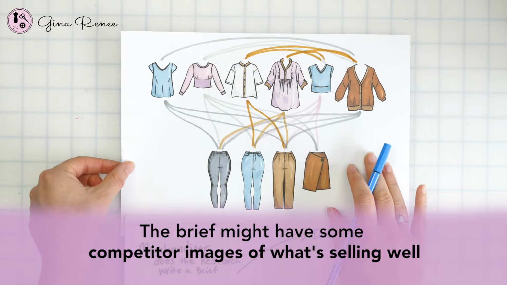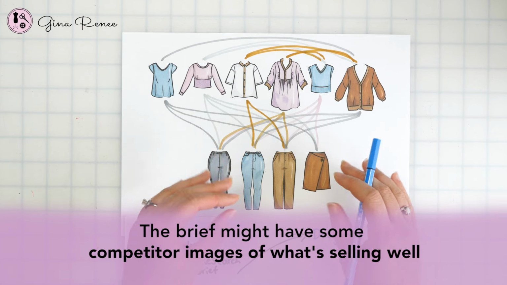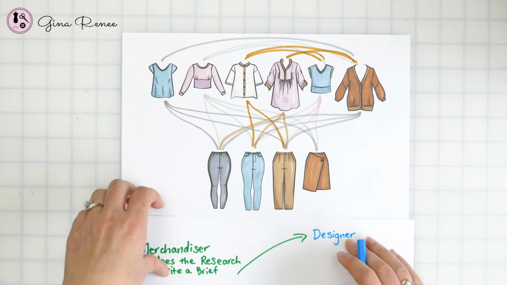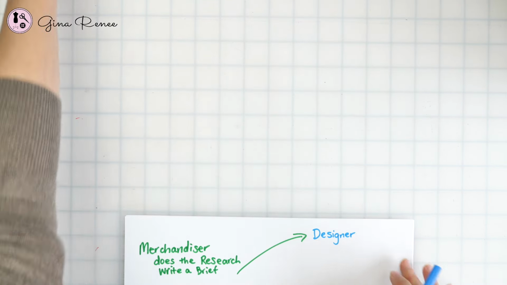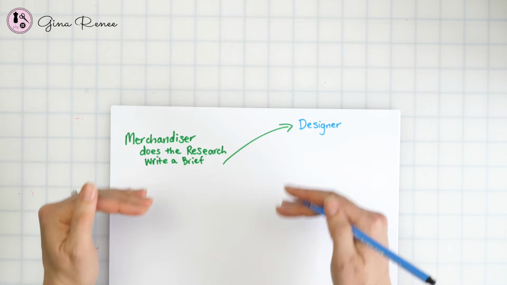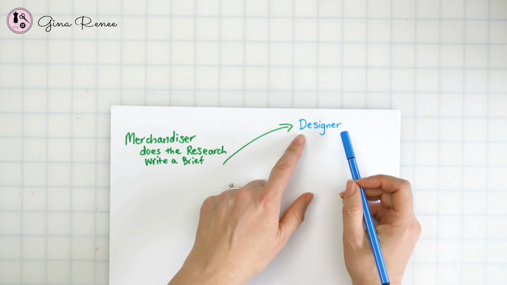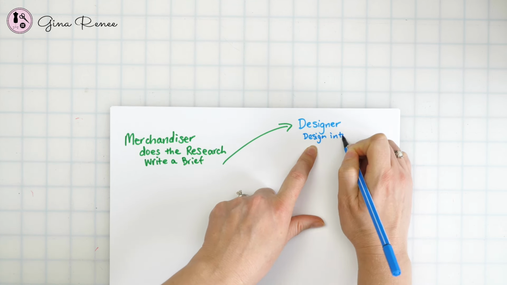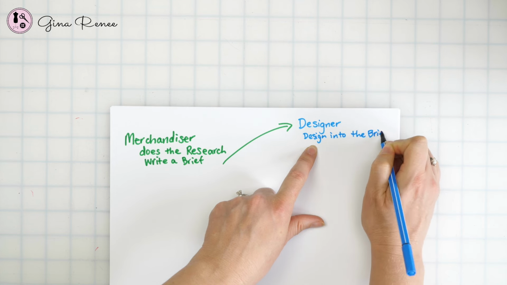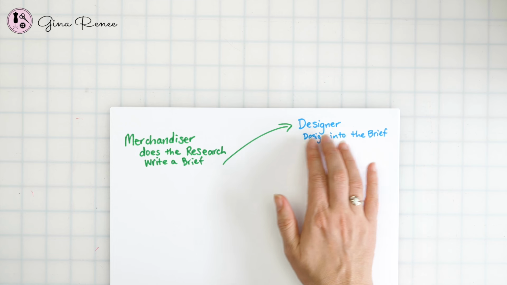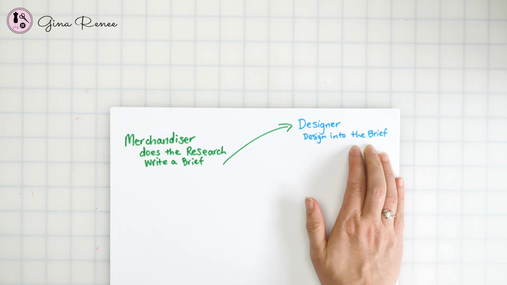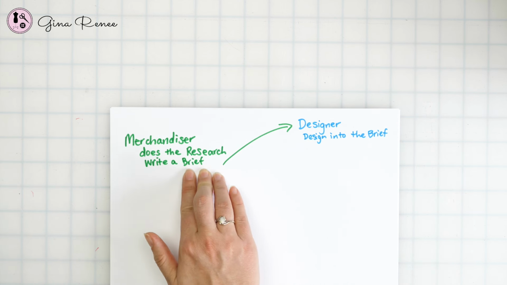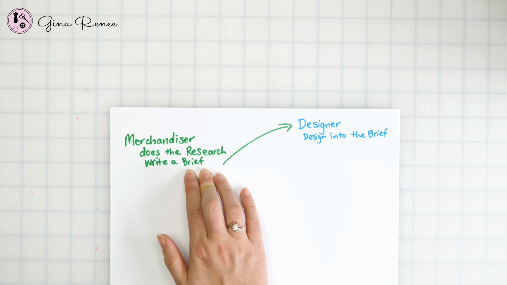The brief might have some competitor images of what's selling well or previous items from the collection that also sold well. Then that designer takes that brief, which is just mainly text and maybe a couple images, and then they start designing. So then the designer starts to design into the brief. They need to make sure that they can create that style for the price that was in the brief and achieve any important